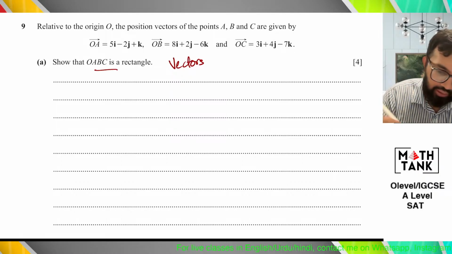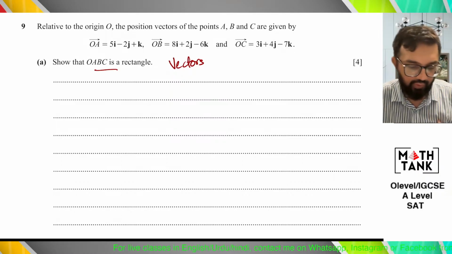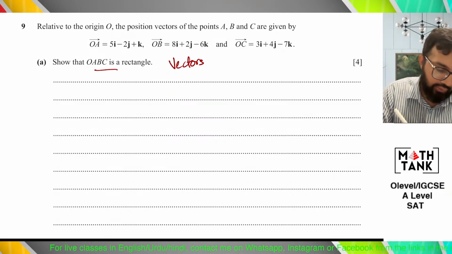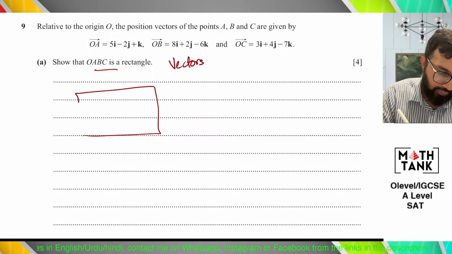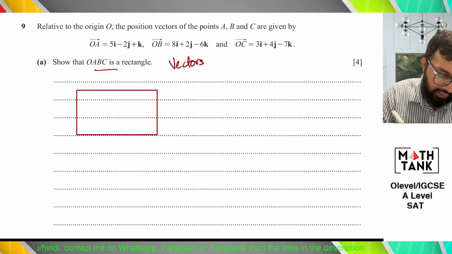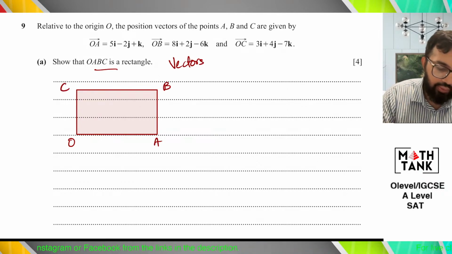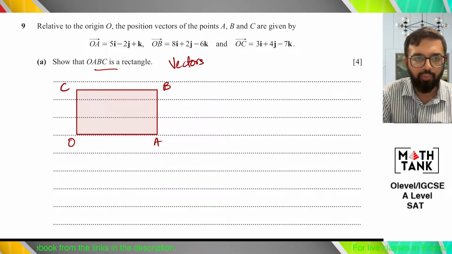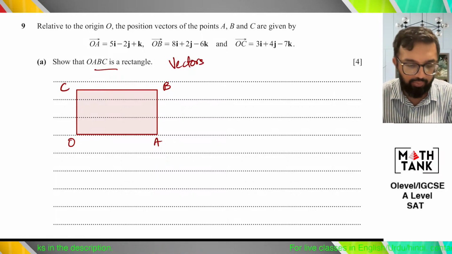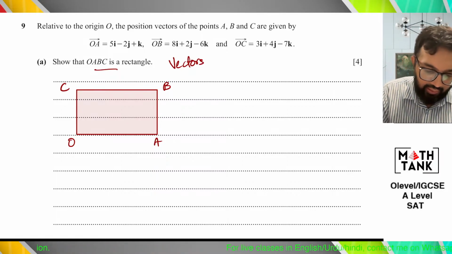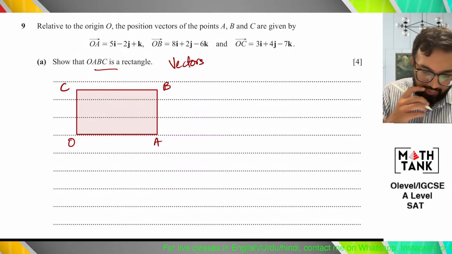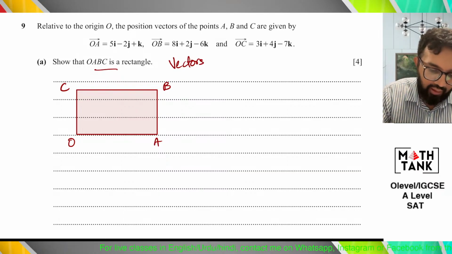So that OABC is a rectangle. Rectangle के लिए दो बातें प्रूव करना ज़रूरी होती हैं. एक तो ये कि परपेंडिकुलर निकलेंगे, तो OA and AB should be perpendicular and OC and BC should be perpendicular. तो 90 डिग्रीज प्रूफ करना है और दूसरा ये कि डिस्टेंसेस बराबर प्रूफ होने चाहिए। सही है।